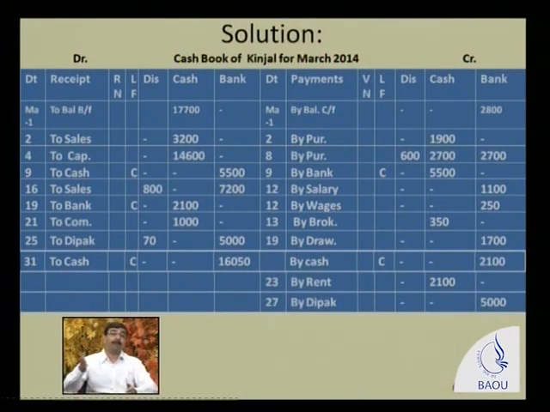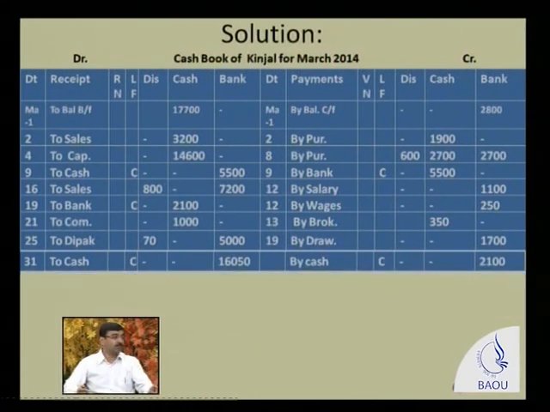Now see on the payment side, dated 27, by Deepak of rupees 5000, credit side in the bank column, because the check was deposited but dishonored, so the amount is outstanding and still remains, and that's why Deepak account. What is the journal entry for this transaction? Deepak account debited to bank account, and that's why in the bank column 5000 rupees is written.